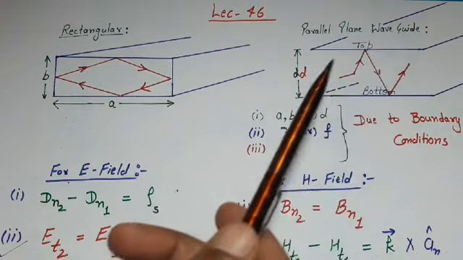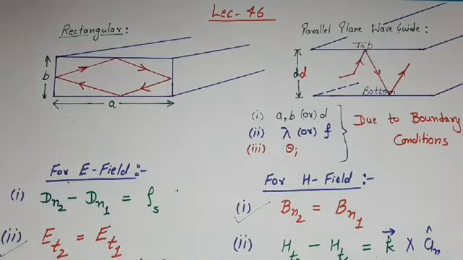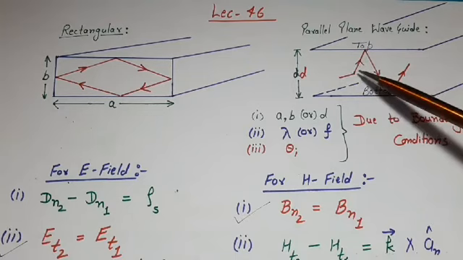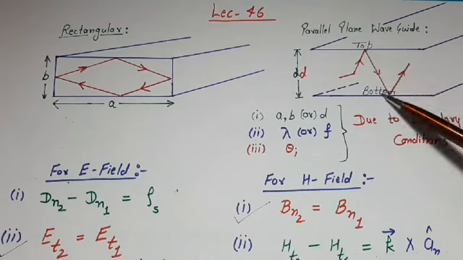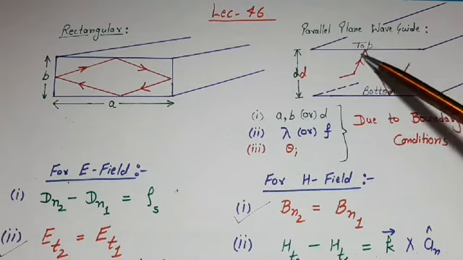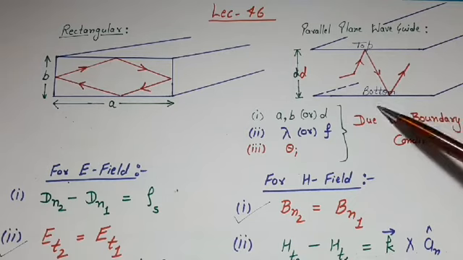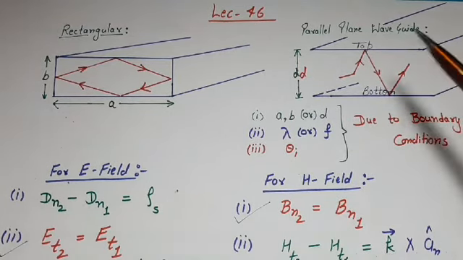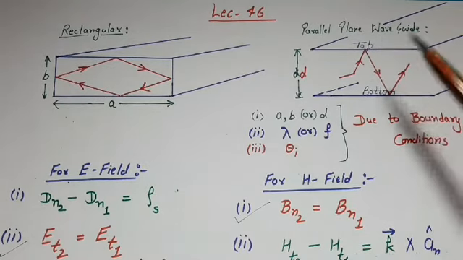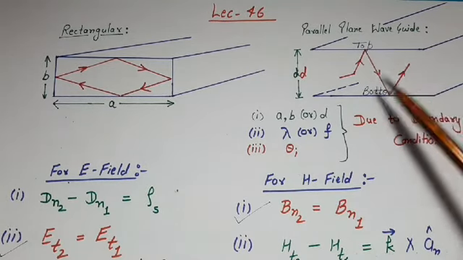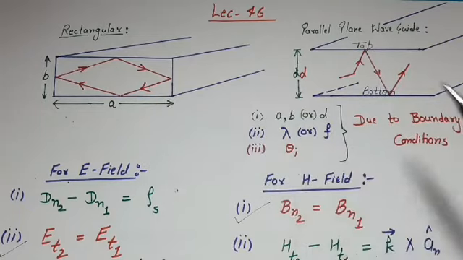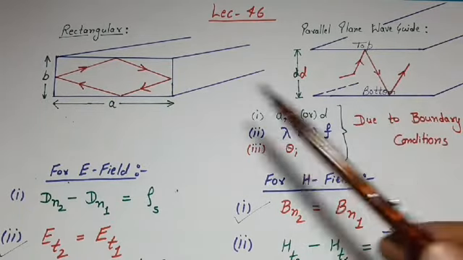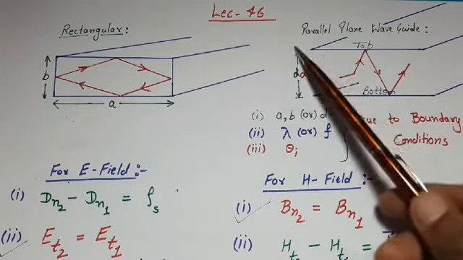Here the principle of wave propagation will remain the same, only difference is the wave is restricted by two sides only. The two sides are top wall and bottom wall. There is no restriction from left and right. Because there is restriction only from two sides, the analysis of such a waveguide is easier than rectangular waveguide. Therefore, before studying rectangular waveguide, first we will analyze parallel plane waveguide.